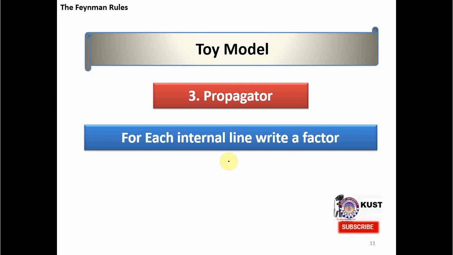So for each internal line, write a factor. If there is an internal line involved, although in our toy model we are not considering higher order diagrams, but in the next coming lectures we will also consider these higher order diagrams where we will have these internal lines. But if you have an internal line, then you will have to write out this propagator, which is i over Qj squared minus mj squared c squared, where Q are the internal momenta and m is the mass of these virtual particles, but they do not lie on their mass shell.